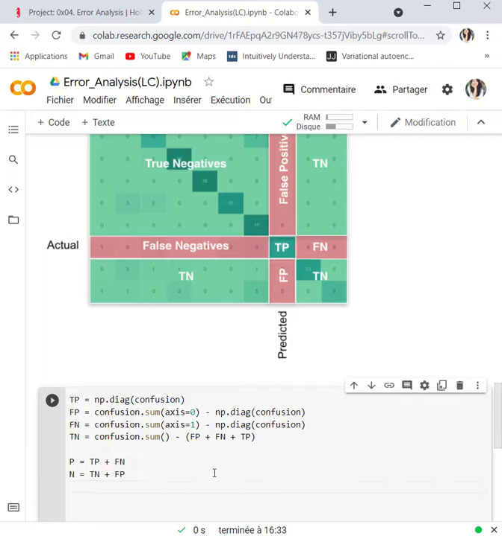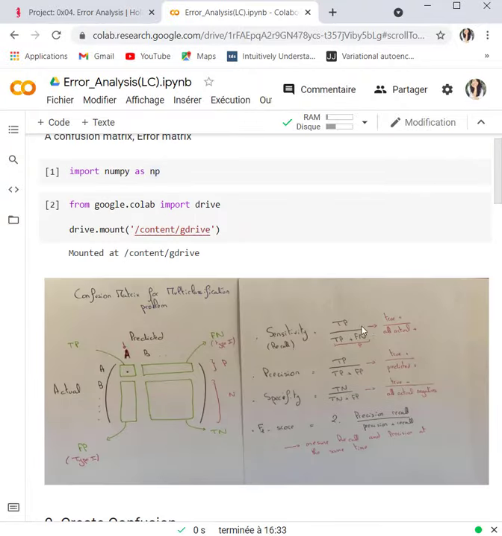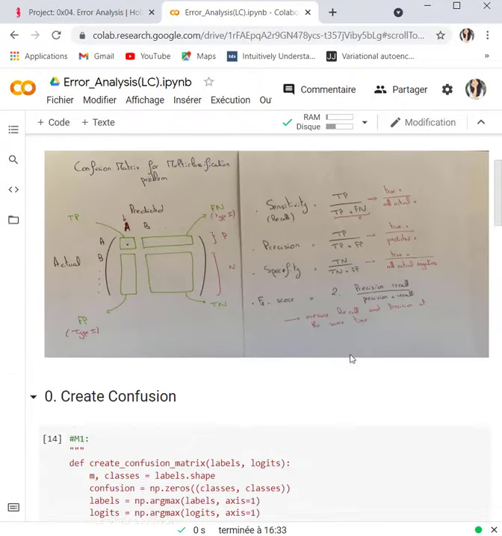Now let's code the formulation of our measurements. The sensitivity will be the true positive divided by P.